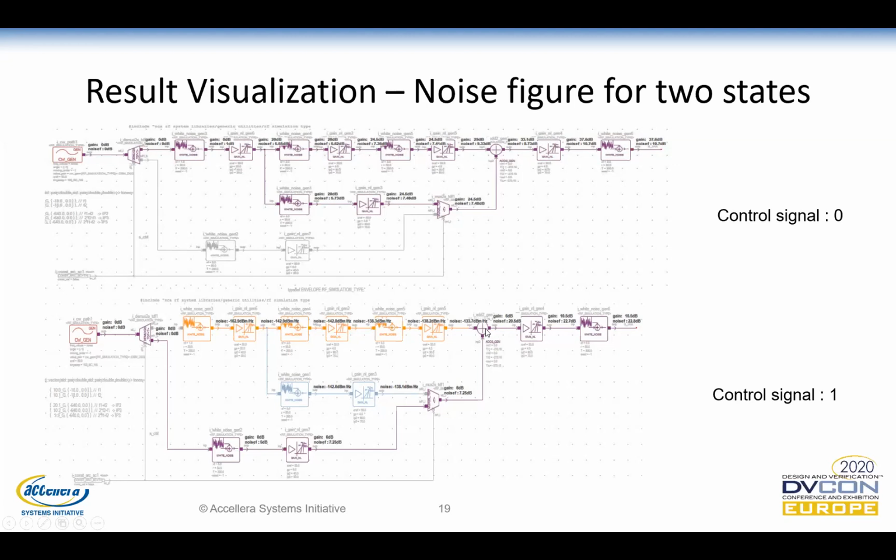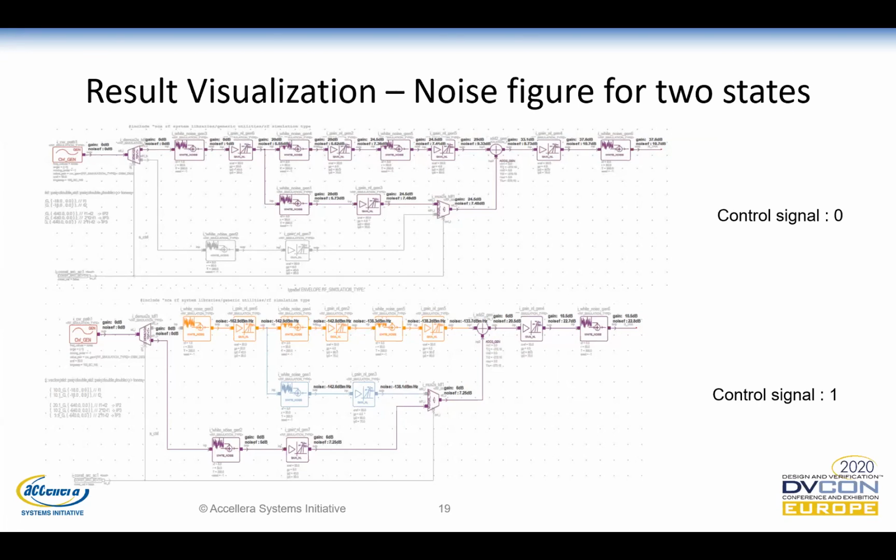That means it influences the noise inside the signal path. That's why we colored this orange. And then we have these light blue modules, which are also producing some noise, but this noise is not fed into the signal path. This is a dead branch at the end of our signal path. Okay, this shows that you can also have more complex scenarios, and especially if you maybe have more control signals,